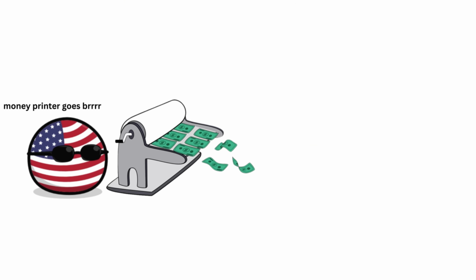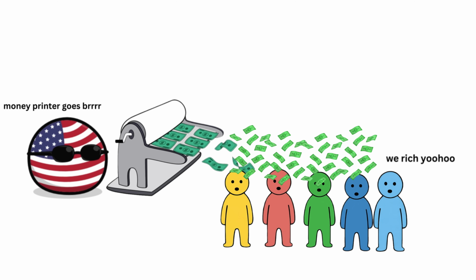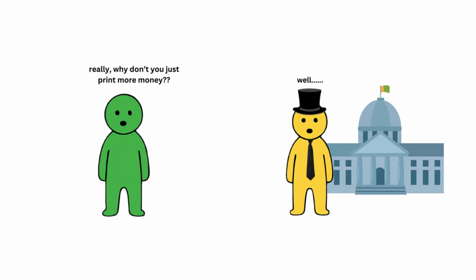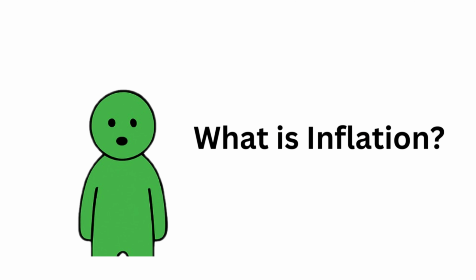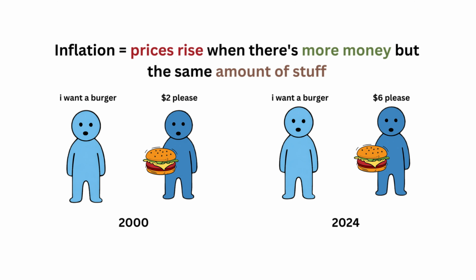In this video, we'll understand why the government doesn't just print more money. Basics of inflation. First, let's understand what happens when we print more money. If you ask your parents or teachers, they will answer it will lead to inflation. But what is inflation? Inflation is when prices go up because there's more money but the same amount of stuff